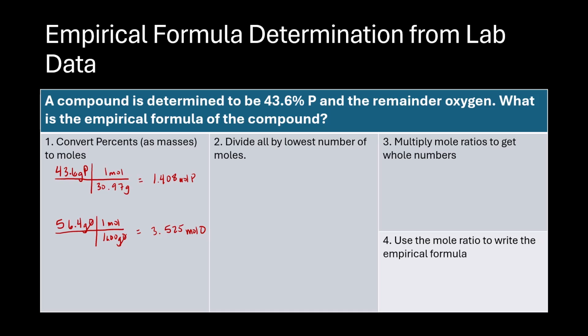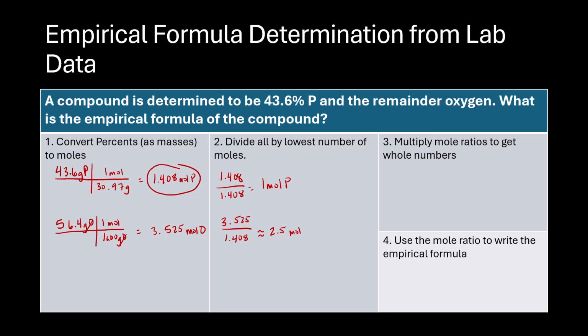The next step is the same. I'm going to identify the lower number of moles, which is 1.408, and I'm going to divide all by that lowest number. So I have 1.408 divided by 1.408 equals 1 mole phosphorus, and I have 3.525 divided by 1.408, and I get approximately 2.5